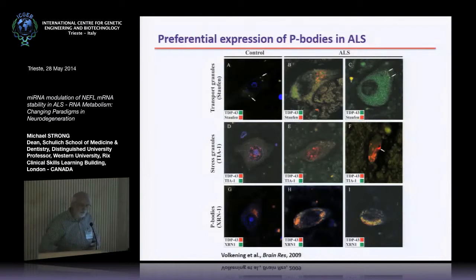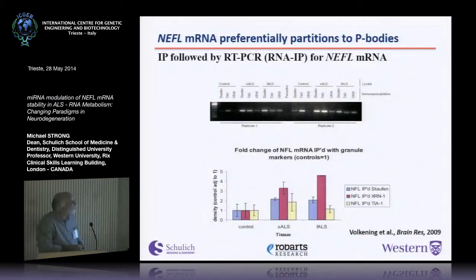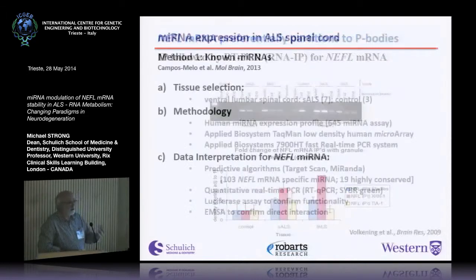And so then we returned to our RNA IPs, and we brought down each of those granules. And I say that with massive quotations around it, right? But we brought down at least XRN1 immunoreactive and TIA1 immunoreactive or Staufen immunoreactive, all correlated it back to controls, and then looked at the amount of NEFL messenger RNA. And it didn't matter whether it was sporadic or ALS, we found a differential partitioning of NEFL into the processing bodies, suggesting that they were being targeted for degradation,